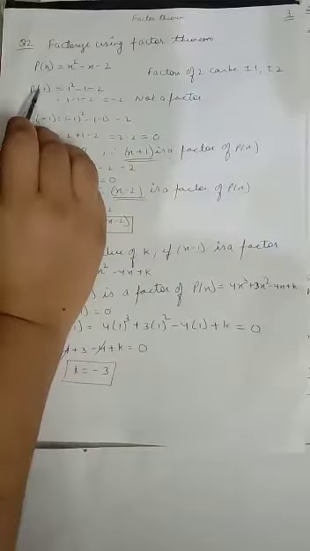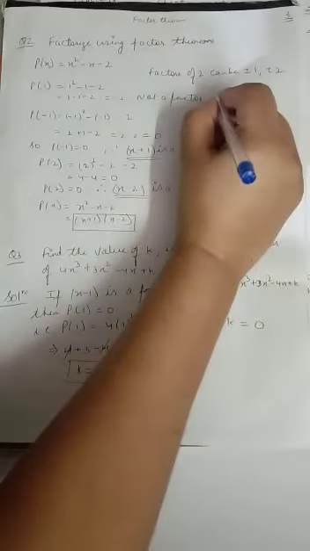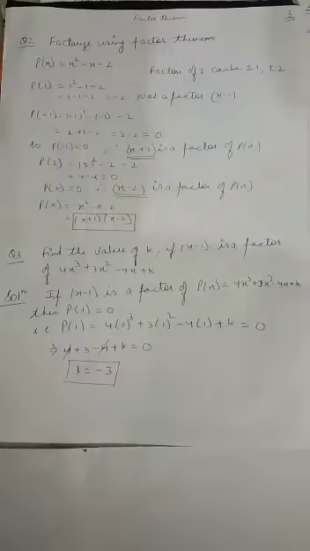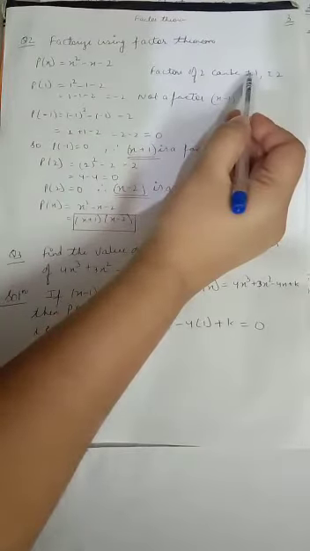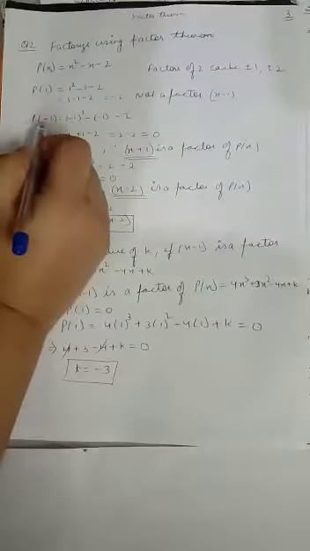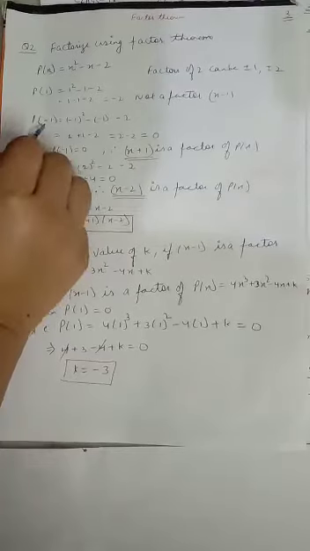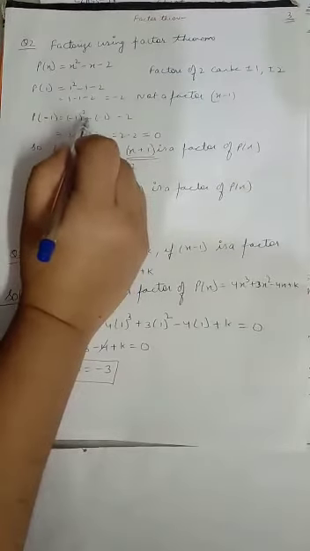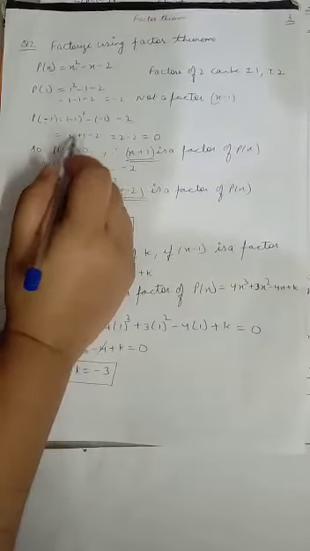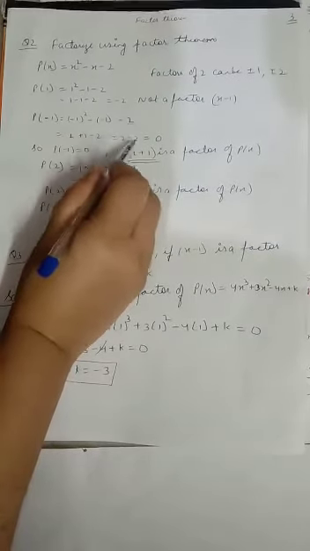So that means I can say that x minus 1 is not a factor, since P of 1 is not 0. It's a hit and trial method basically. So plus 1 is not a factor, x minus 1 is not a factor. So I will check for minus 1. So P of minus 1. P of minus 1 I will find out: minus 1 square minus of minus 1 minus 2. So I will get 1 plus 1 minus 2, which is 2 minus 2 equals 0.